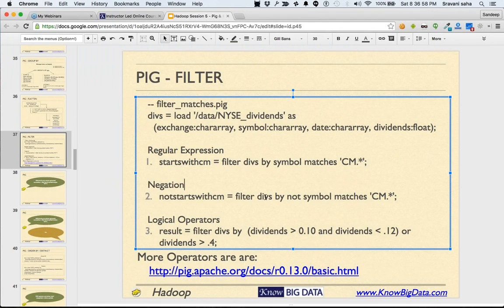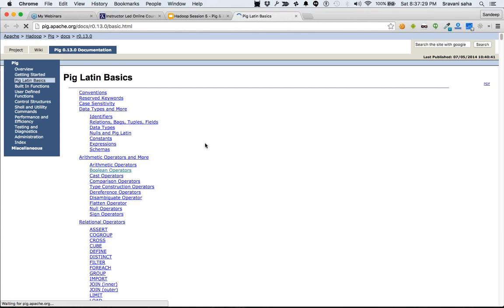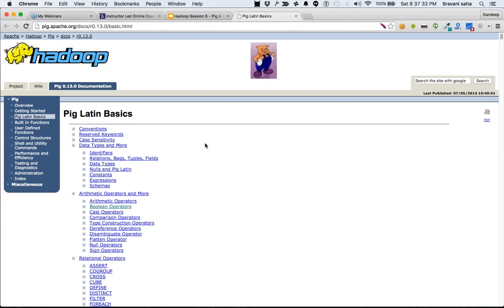You could do complex things, like in case you don't want these ones which are starting with CM, you could say not, or you can combine one condition with others. For example, this one has logical operators and it also has brackets. So basically you can combine these operators and filter the data. A very complex structure of expressions can be formed using the